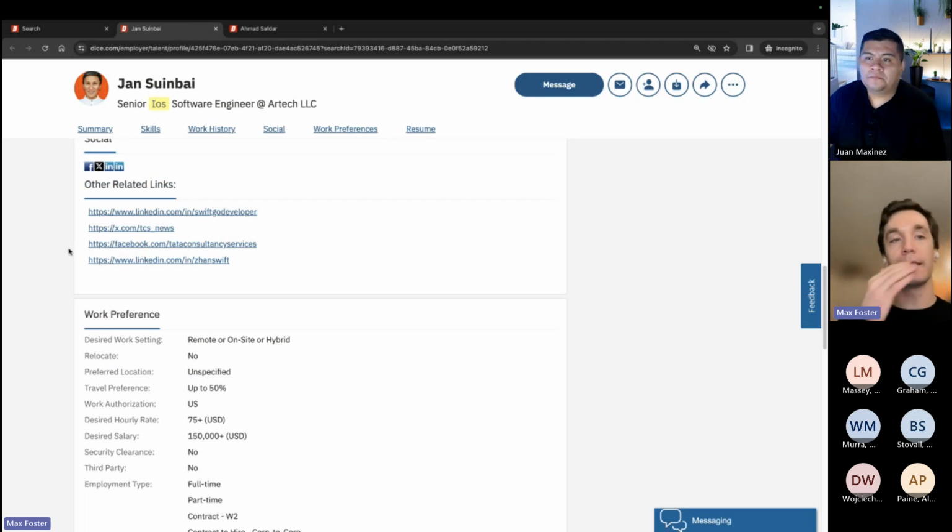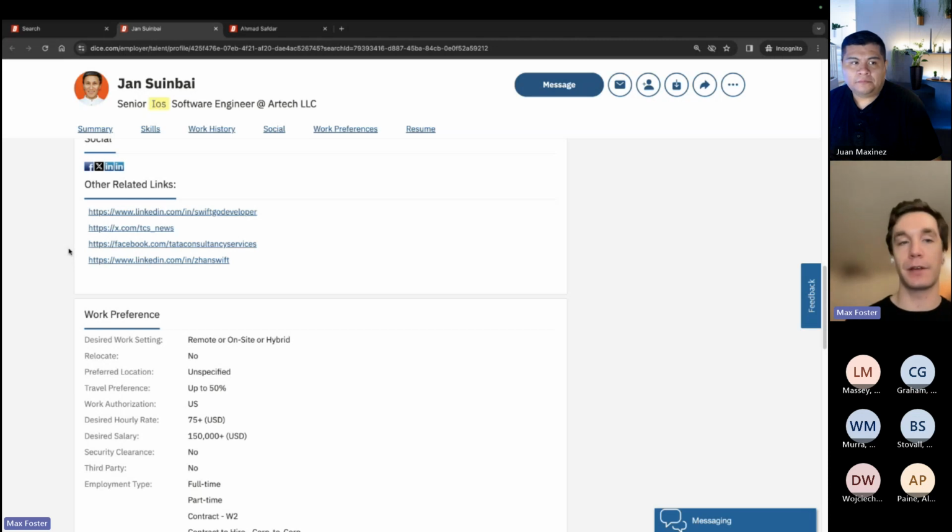So this is provided a little bit by the candidates, but also Dice will bolster profiles by finding outside internet portals and links and websites. I think we pull from like 300 or so, and we combine that data with the tech candidate's profile. So even if you're looking for a candidate and you're like, I'm just not finding the person I'm looking for, come down to the other related links. We typically are adding in information for you to look at, so you can still at least bounce and network and find that candidate somewhere else on the internet, so you can actually still try and get in contact with them.